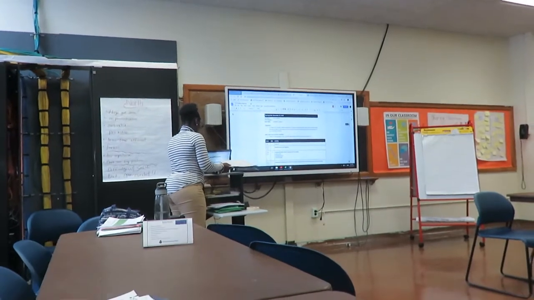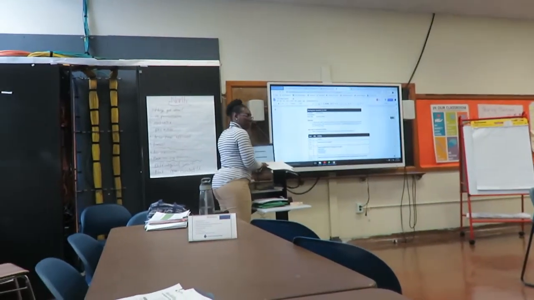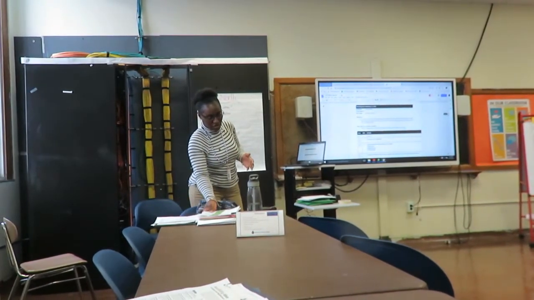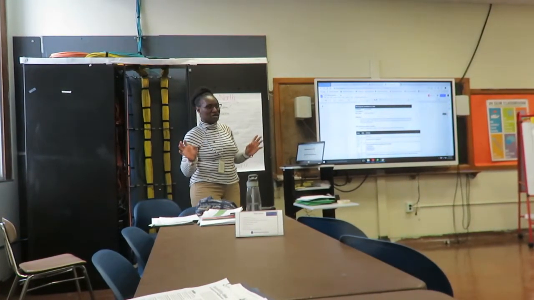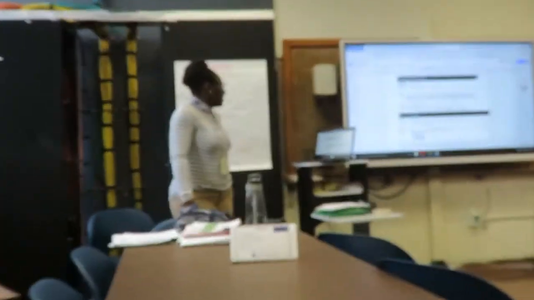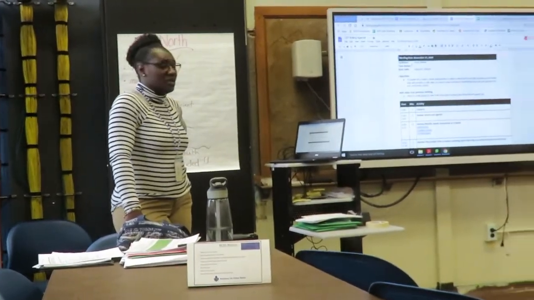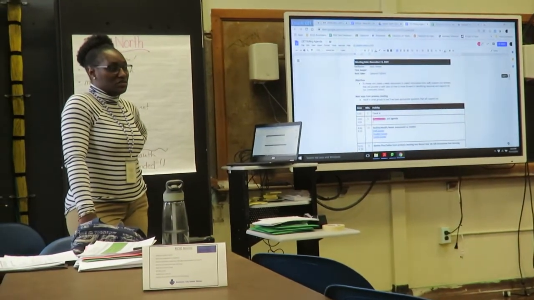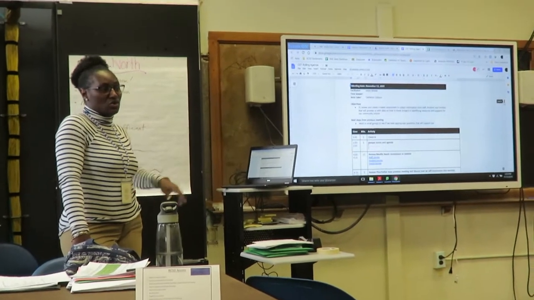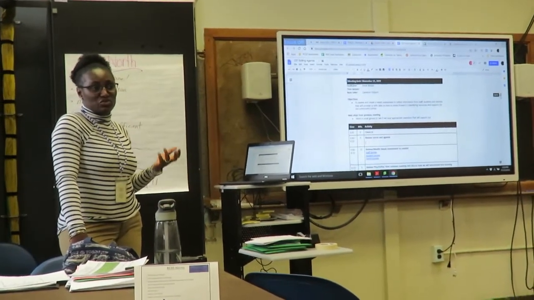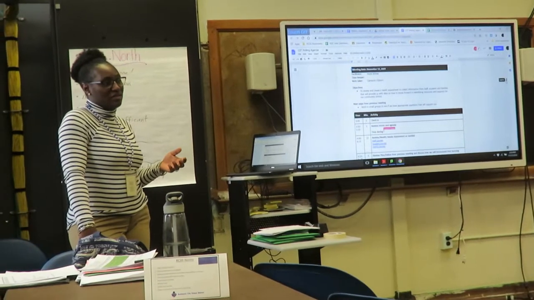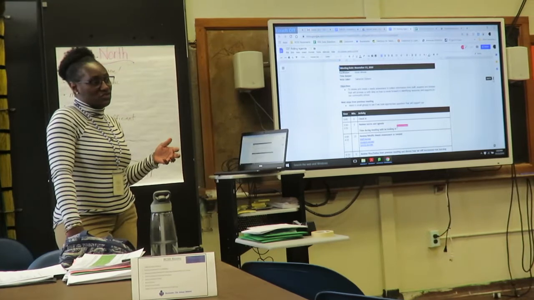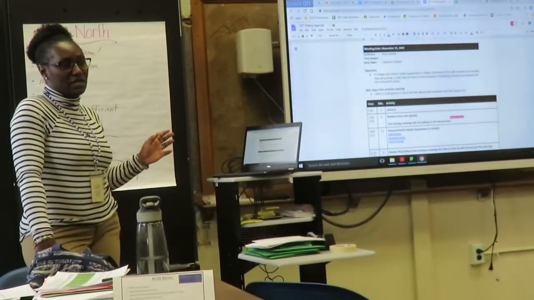We kind of took a look at the information from the state, just to get a sense and an overview of where we're at. So today, most of what I want to spend time on is looking at the needs assessment, which is a tool that we are going to send out to students, families, and staff in order to collect data and figure out what we need to do as a team or how we can guide